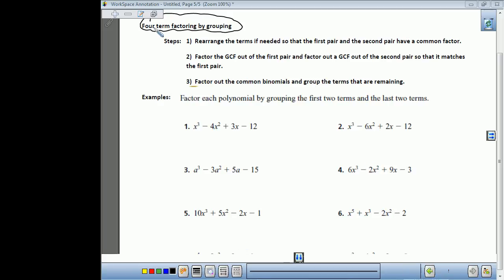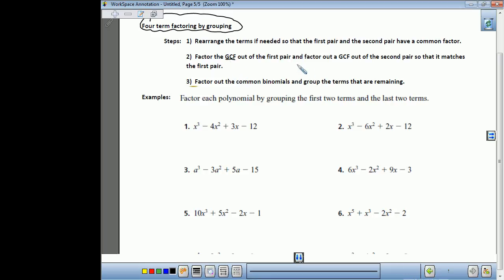So today we're going to look at 4-term factoring by grouping. Step 1 says rearrange the terms if you need to, only if you need to. Most of the time they're just fine, so that the first pair and the second pair have common factors. Okay? And then the next thing we're going to do is factor out that GCF, which we